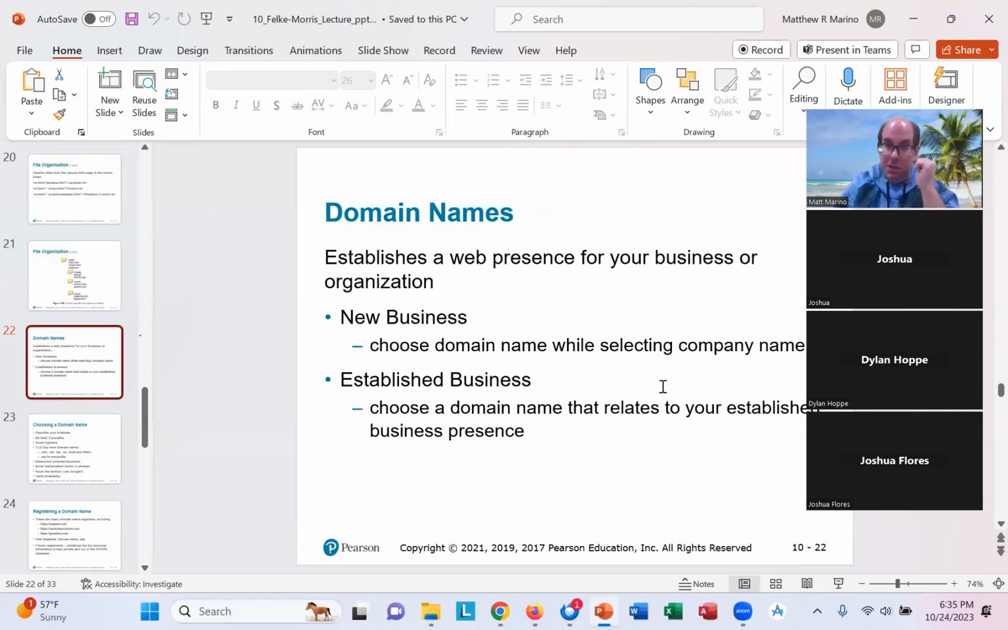You can purchase a domain name even if you have a brand new business or an established business. Did we talk about SEO yet in this class? Not yet, I don't think. No? Okay. So the primary thing you want to do when buying a domain name is utilize SEO to your